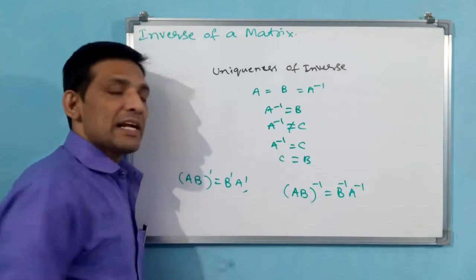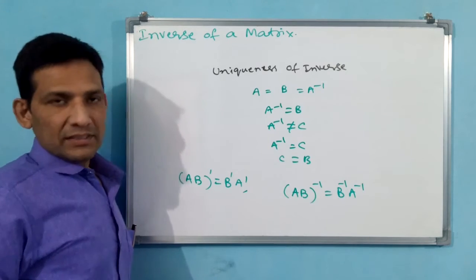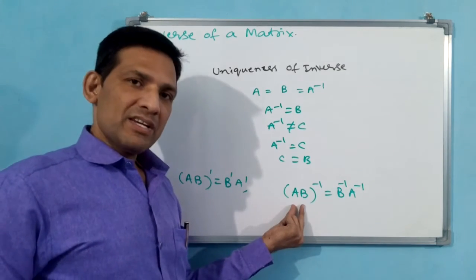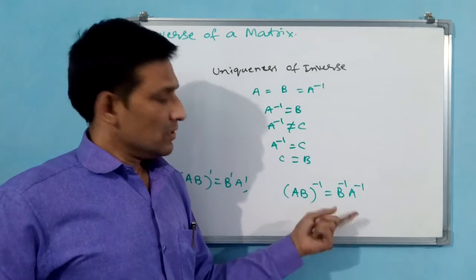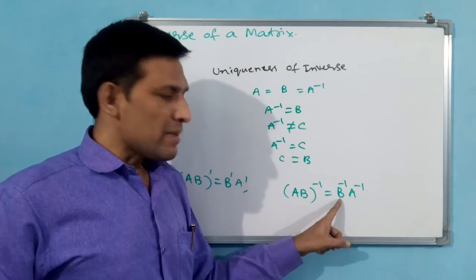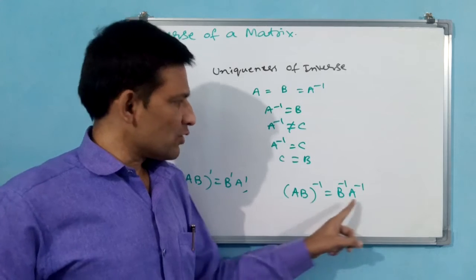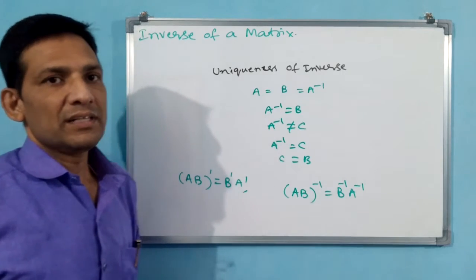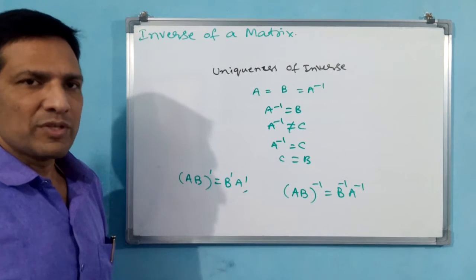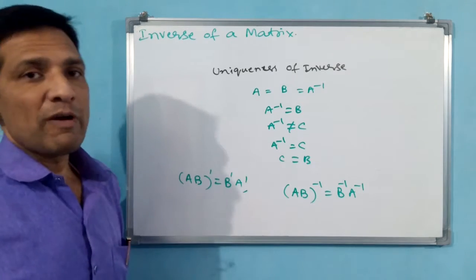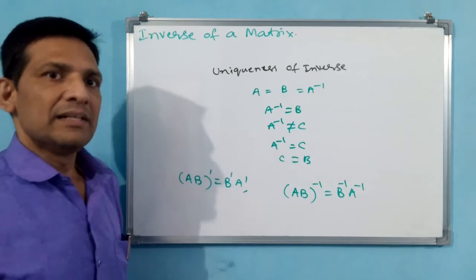If you know this, then you can understand it easily. That means taking the inverse of the whole multiplication of matrices equals the individual inverses multiplied in reverse order, the second matrix's inverse times the first matrix's inverse. Like this you have to understand. These are small concepts only, not that important. Okay, let us go for matrix. Let us see how to do matrix and all.